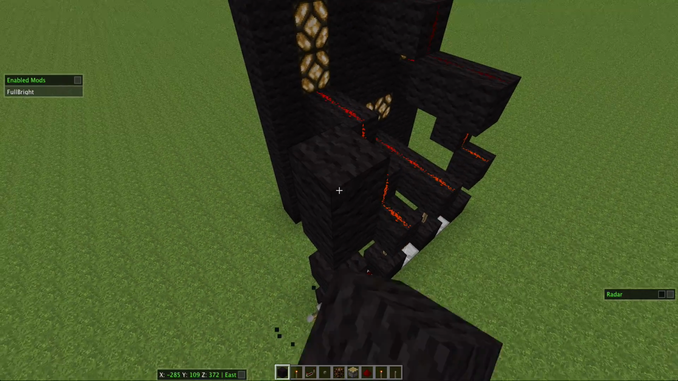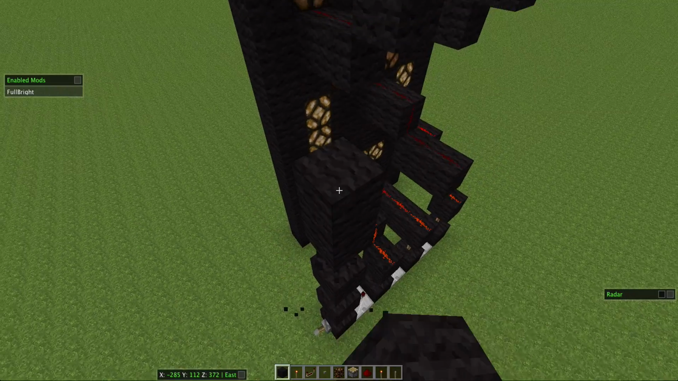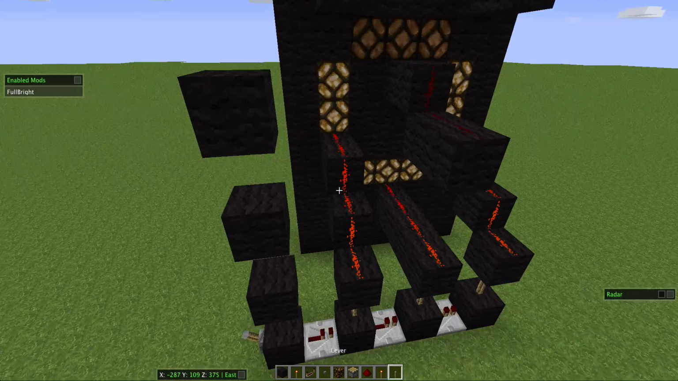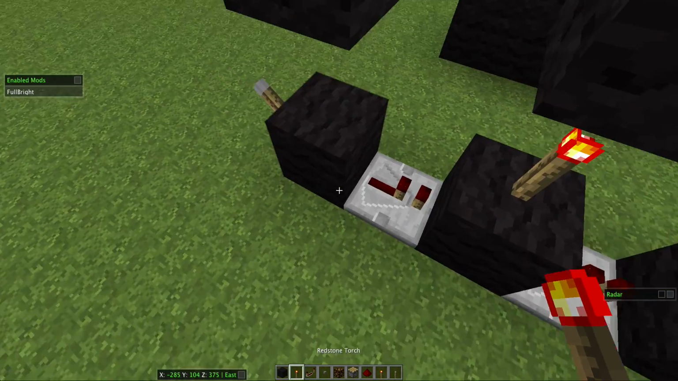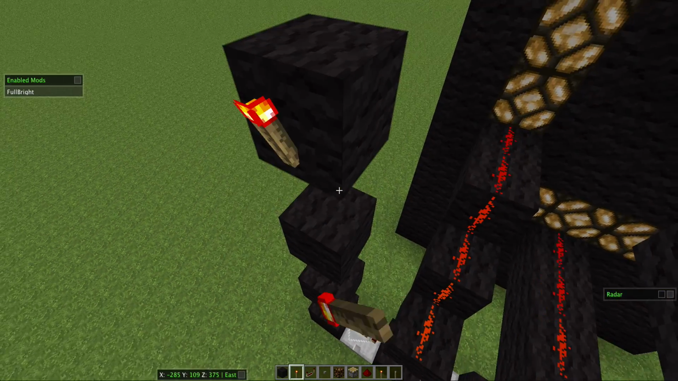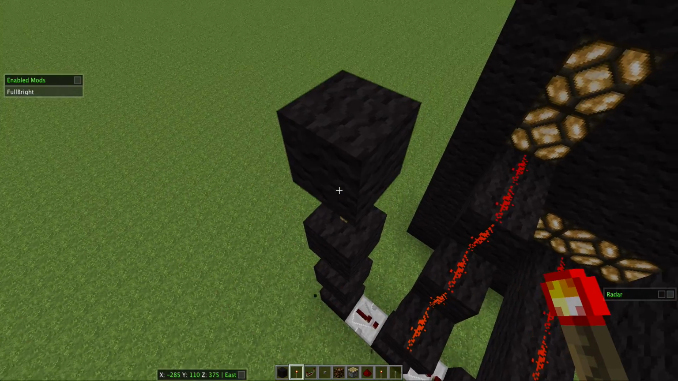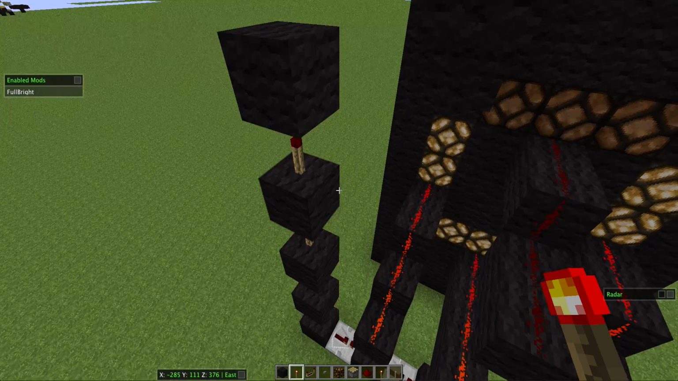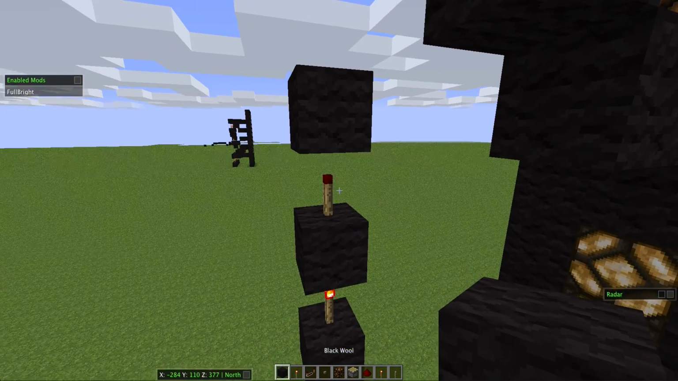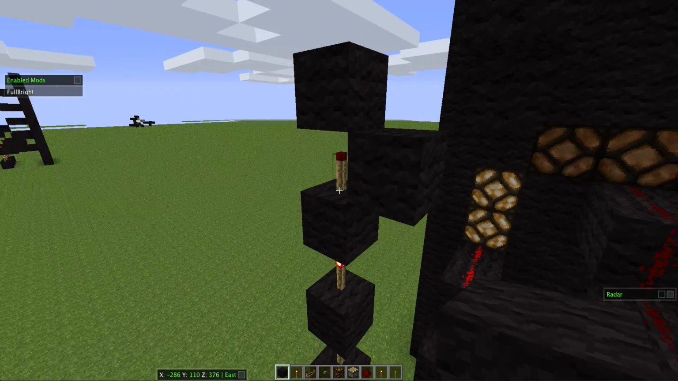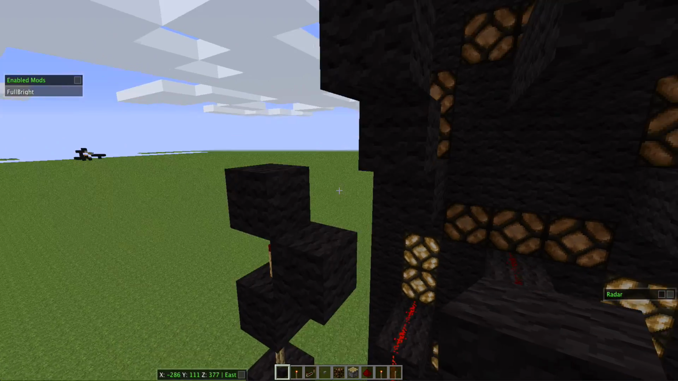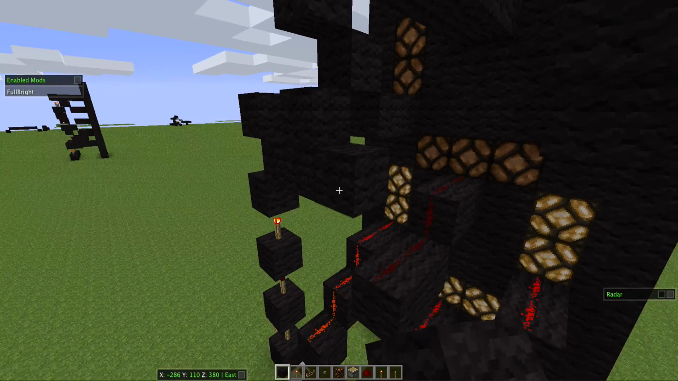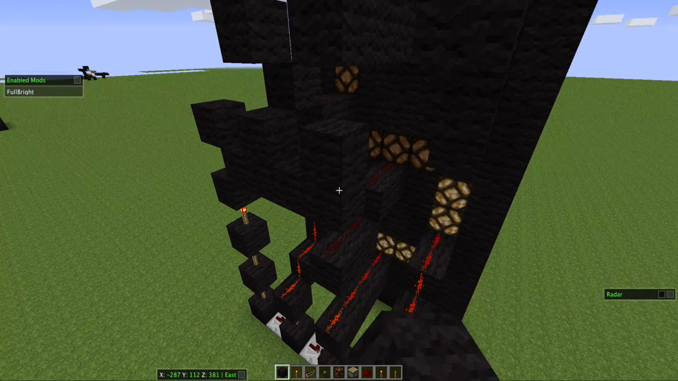So 2, 3, 4. Alright, so you got that. Now we put a redstone torch on each of these, and we're not gonna put one on the top. So we're gonna place a block on the edge of this, putting that there so we don't have to build anything else out. And we're gonna go up, and then we're gonna go down, then up, and then down,